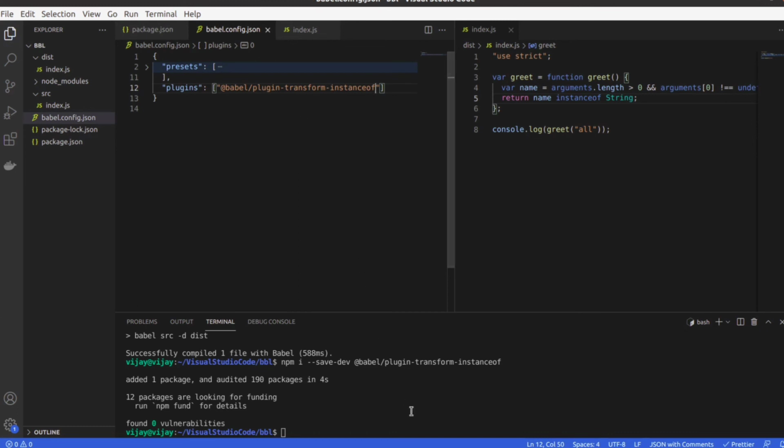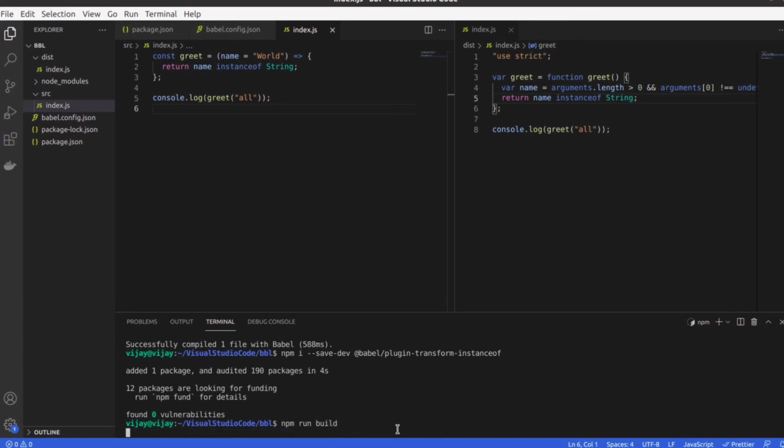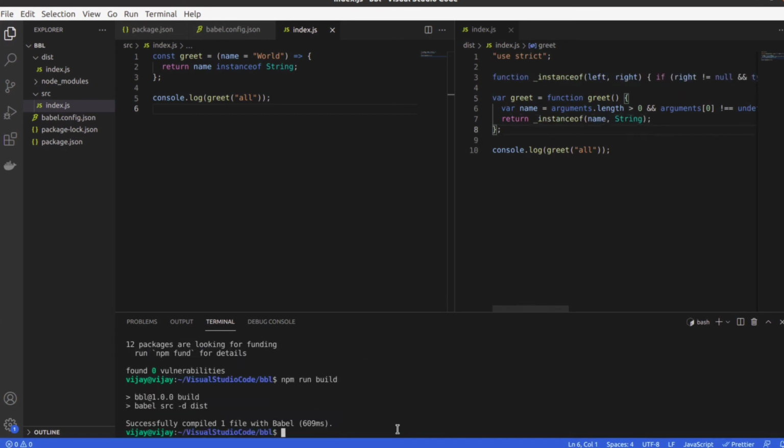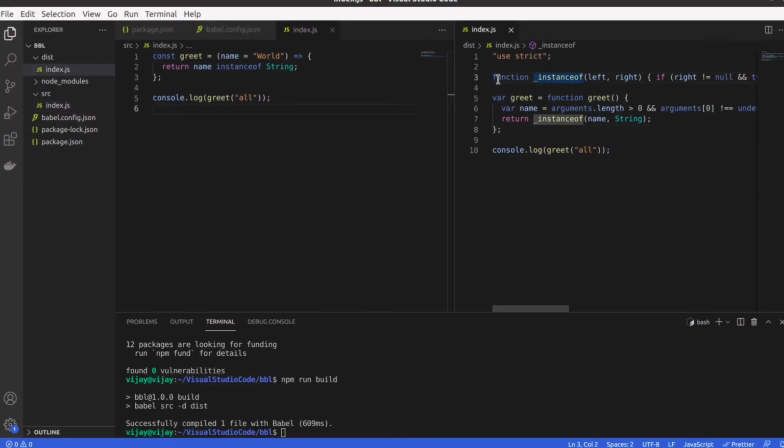Now if we run the build, we can see there is a new method called _instanceof in line 3. Basically plugins don't expect any browser support. They add whatever the plugin has as a prerequisite before executing our code.